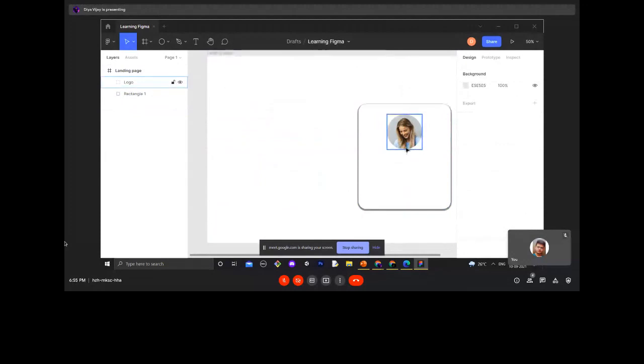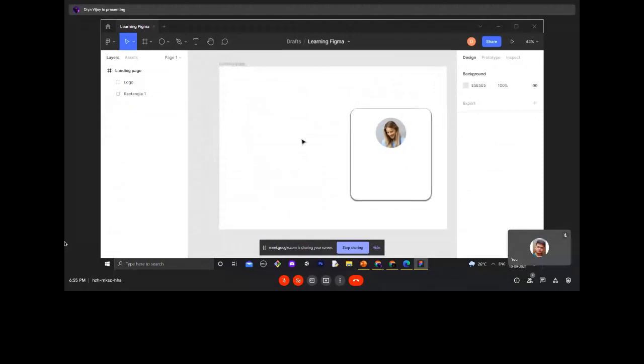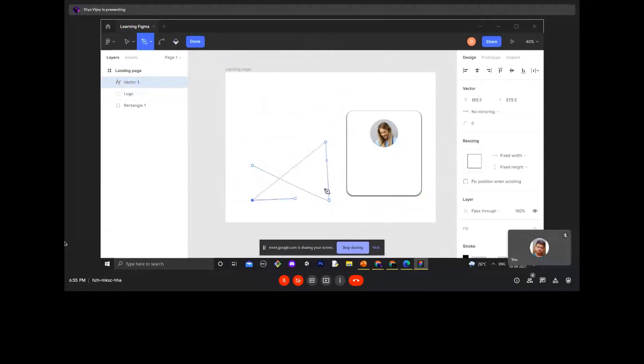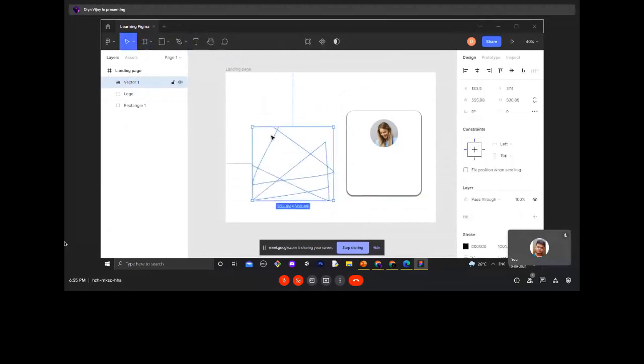So it's quite amazing. You can zoom in and zoom out by pressing Control and using the scroller of your mouse. Like this. And then comes the pen tool. The pen tool is nothing but it allows you to make different vectors or lines or designs which you want to do. So it's all about